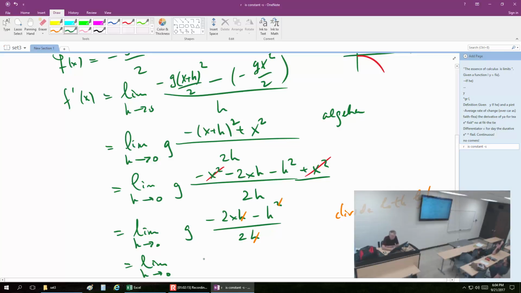Okay, and then I'm left with g times negative 2x minus h, over 2. This time the function is continuous. There is no h in the denominator, so once it's out, we can substitute. Substitute, and what do I get? h is gone. h is 0 this time. Negative 2xg over 2, so negative gx,